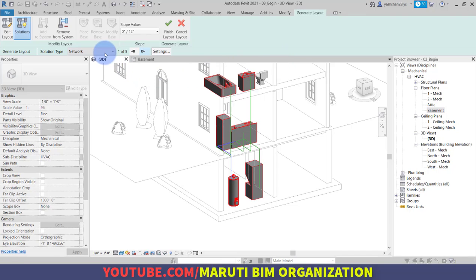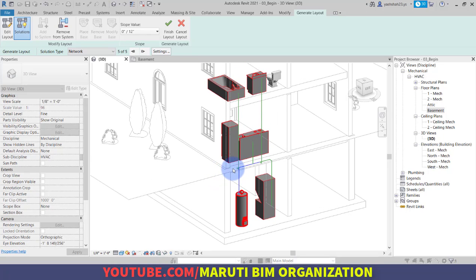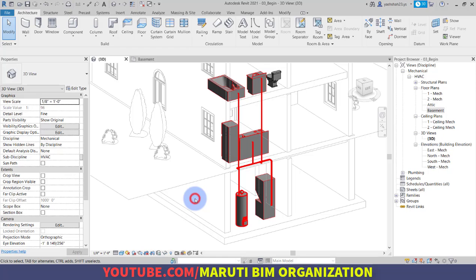Here we can create a network layout, perimeter layout, and after intersection different types of layout are there. First we will review the network layout, and as you can see we have to create an efficient network layout so that it has minimum losses, minimum cost, and an efficient system. So we will choose network 505 and simply click on finish layout. A very nice layout of the hot water system has been created.